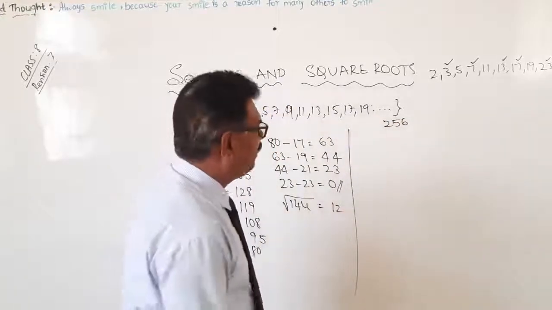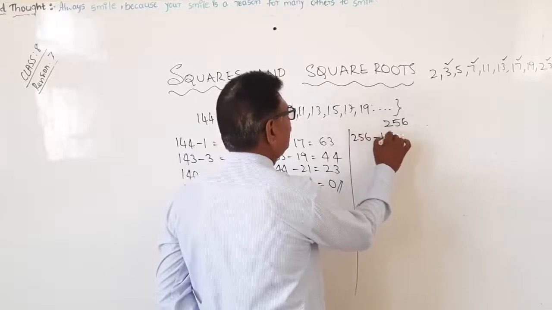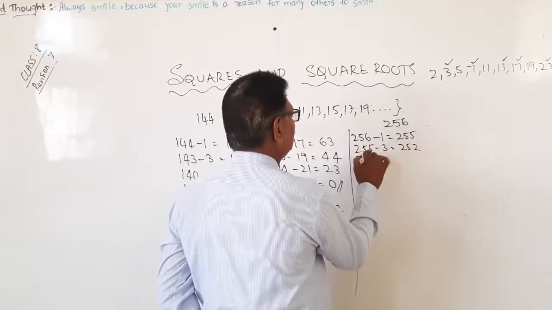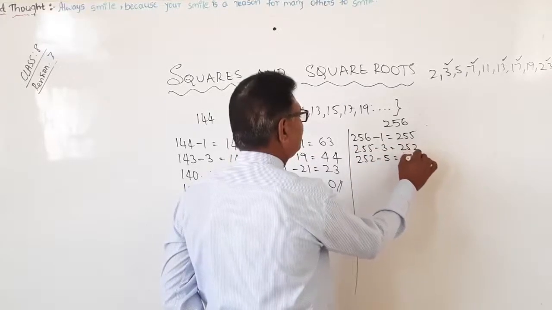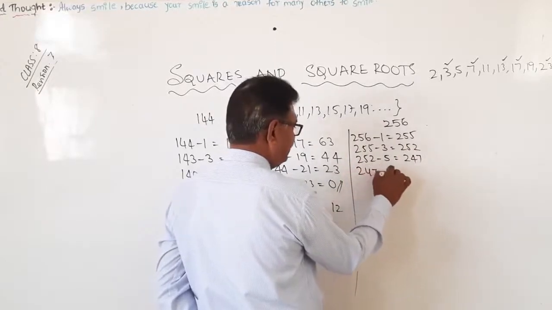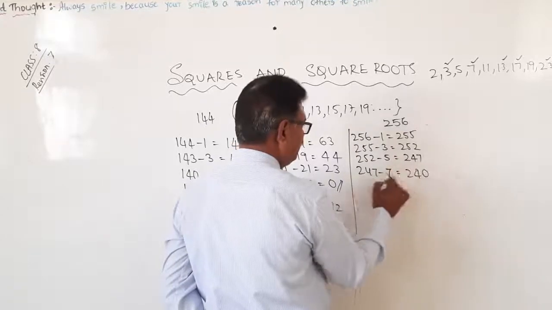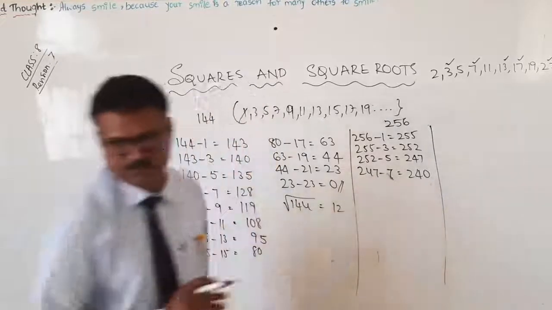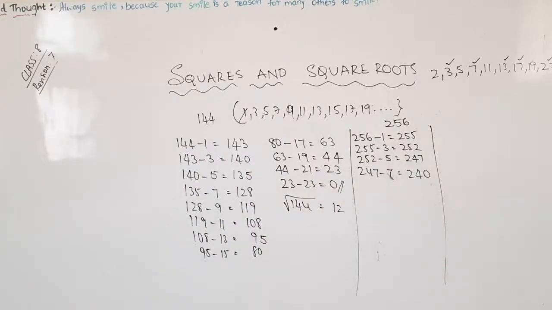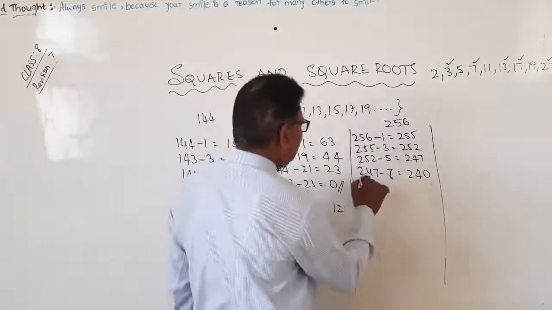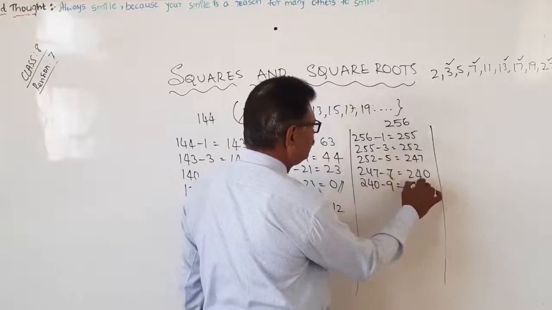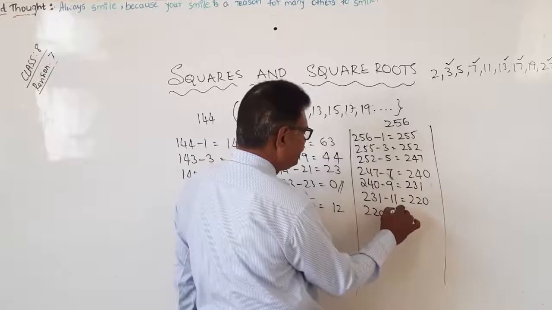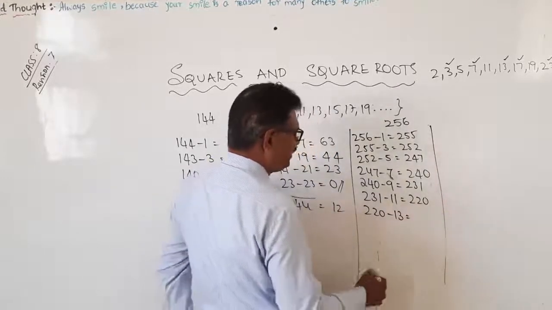256. Now very simple. Same. 256 minus 1, 255. 255 minus 3, 252. 252 minus 5, 247. 247 minus 7, it is nothing but 240. 240 minus 9, it is 231. 231 minus 11, it is 220. 220 minus 13, it is nothing but